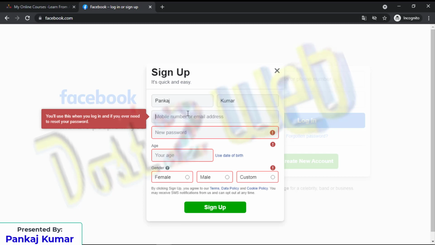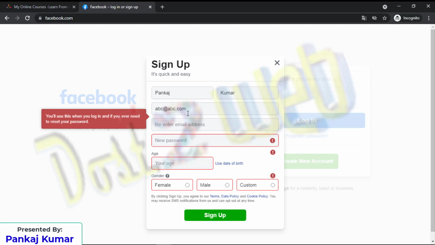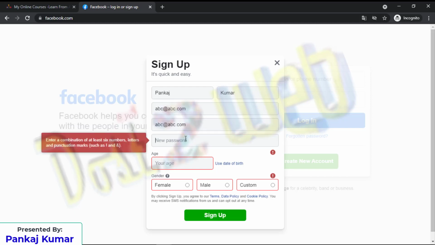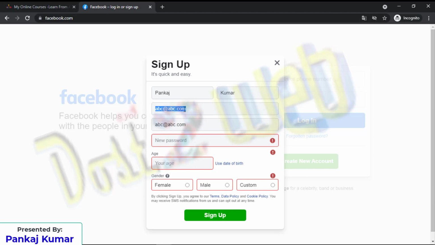Like this way also you can write. It totally depends on how you are going to display for the users, if they are making a mistake. See, I will give abc@abc.com. Okay, sign up. See, it's taken. Again, it's asking for validation. Give, sign up. See, it will not predict the email ID. Always it should be @ any domain name.